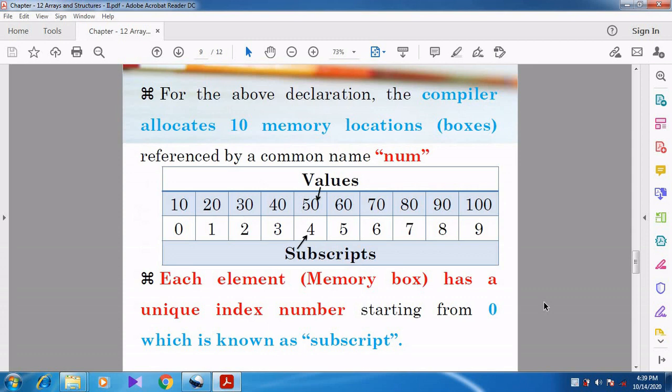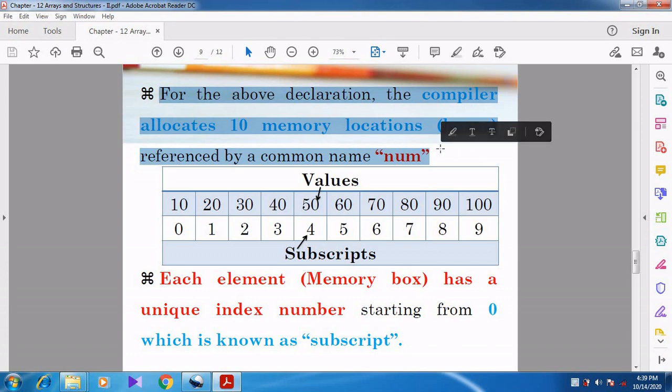Now we are going to see that for the above declaration, the compiler allocates 10 memory boxes referenced by a common name, num. That is, 10 memory locations, 10 memory boxes referenced by a common name. See here, for example, I have drawn this for your understanding; in your book it is not specified.